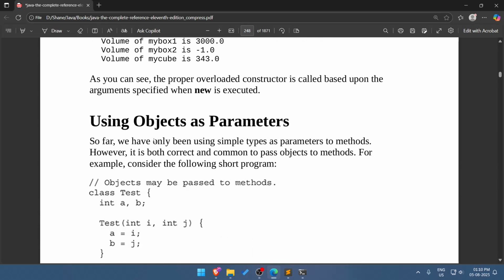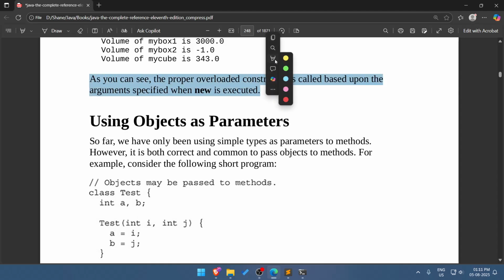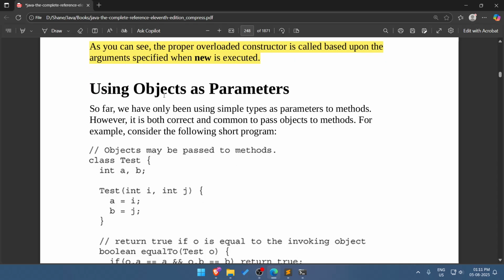Okay, so then we have, as you can see, the proper overloaded constructor is called based upon the arguments specified when new is executed. Using objects as parameters: so far we've only been using simple types as parameters to methods. However, it is both correct and common